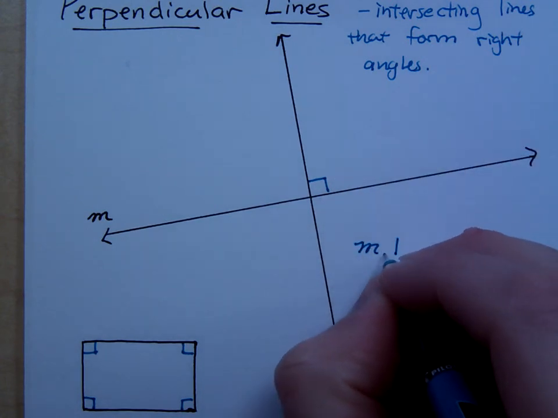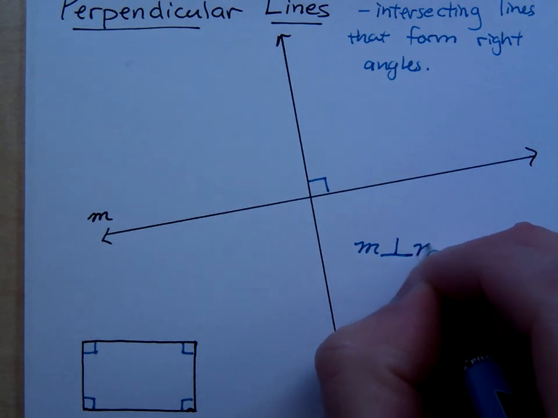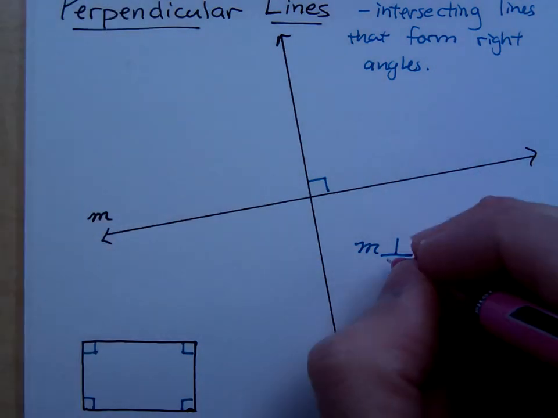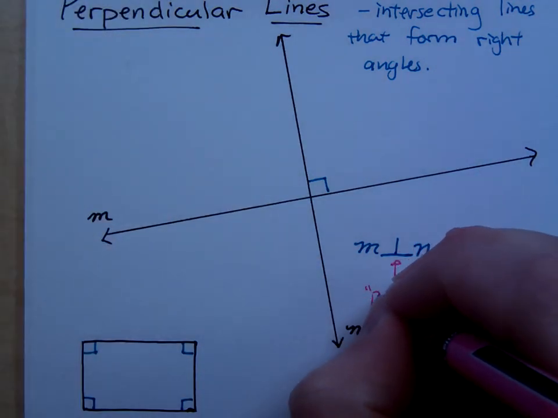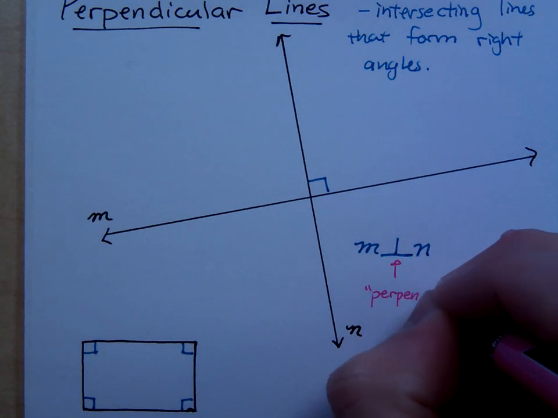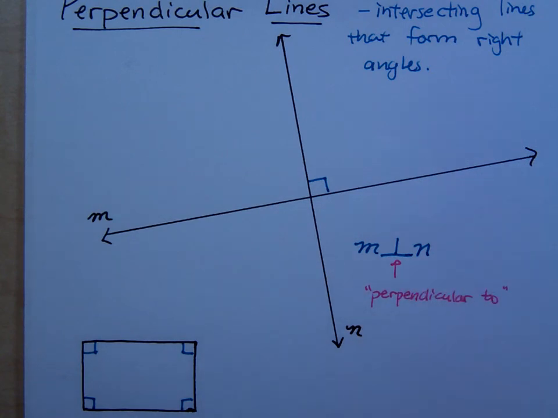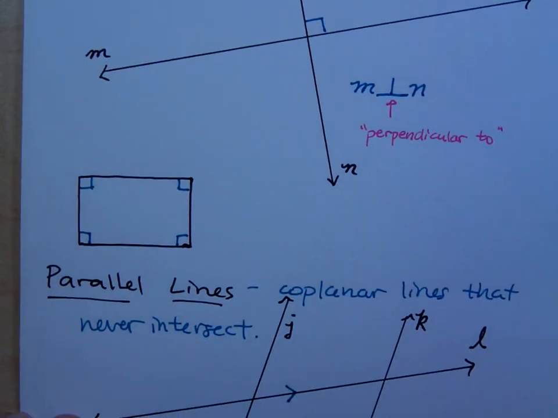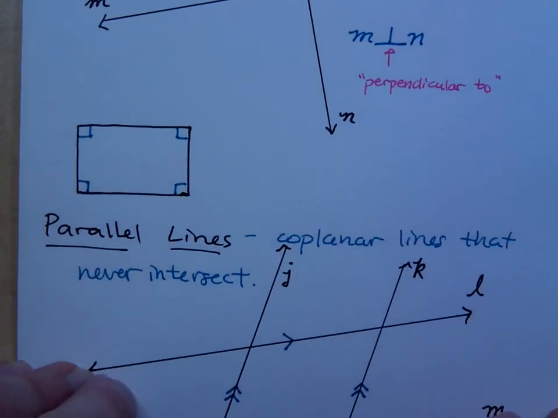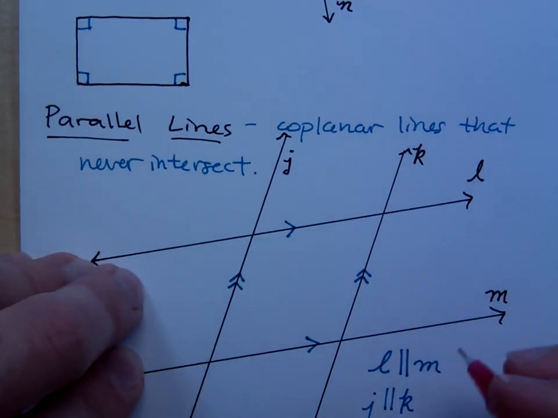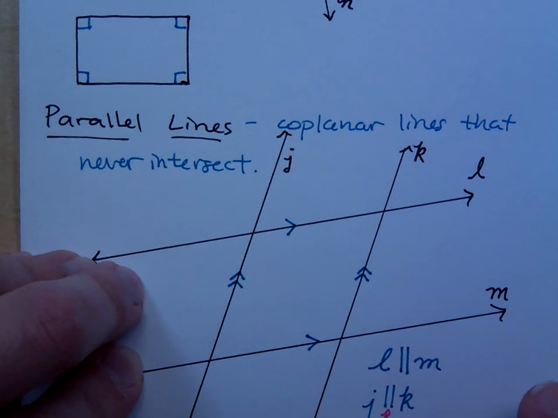M is perpendicular to N. We use this little symbol right here to mean perpendicular to. So this would mean perpendicular to. Whereas what we have here at the bottom, use this a little further down here like that. This right here would mean